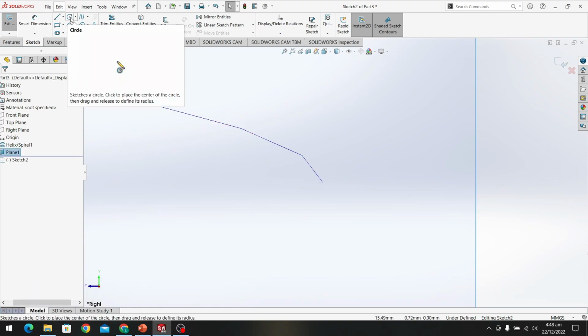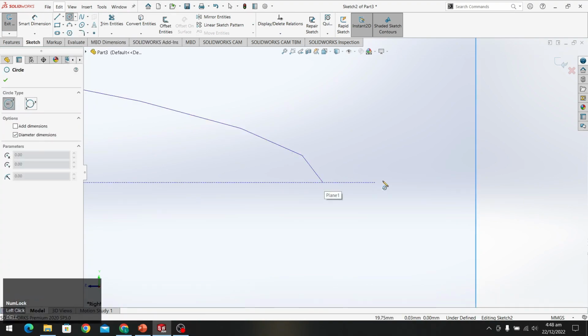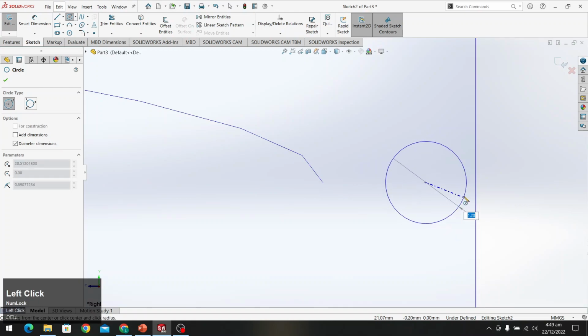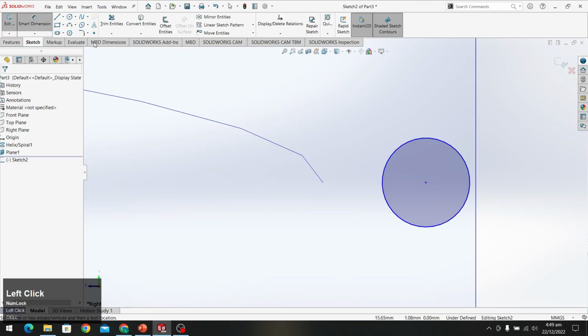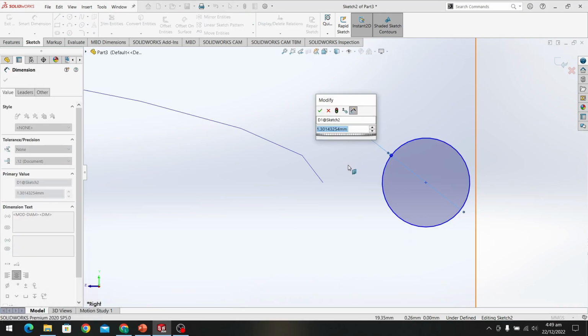Now let's create a circle some distance from here. This circle will be equal to the wire diameter, so let's give it the wire diameter 9.49, which we have calculated earlier,